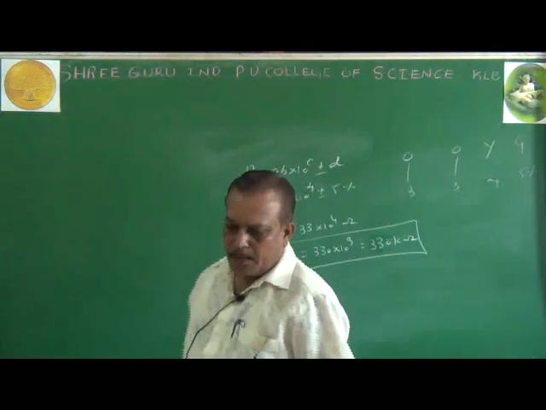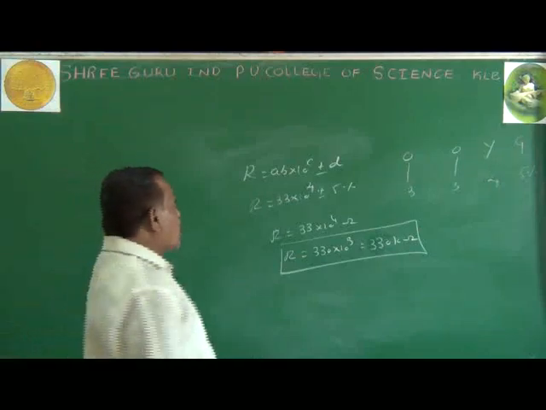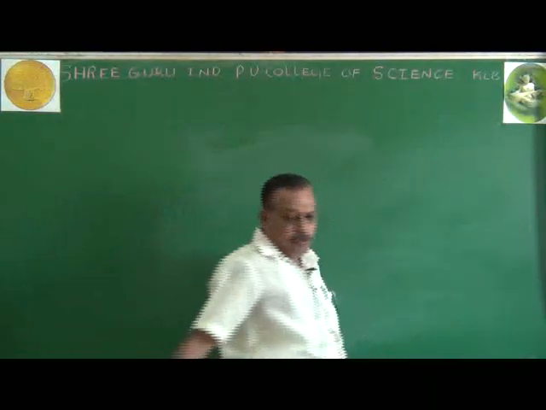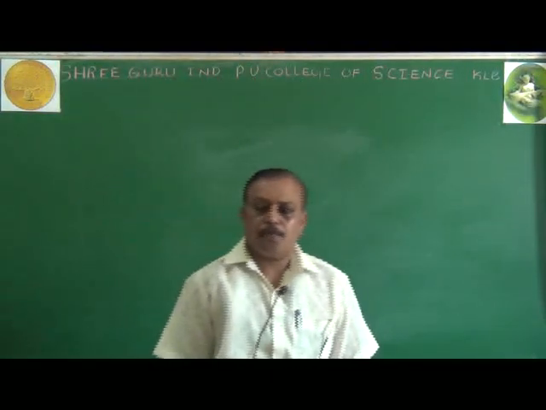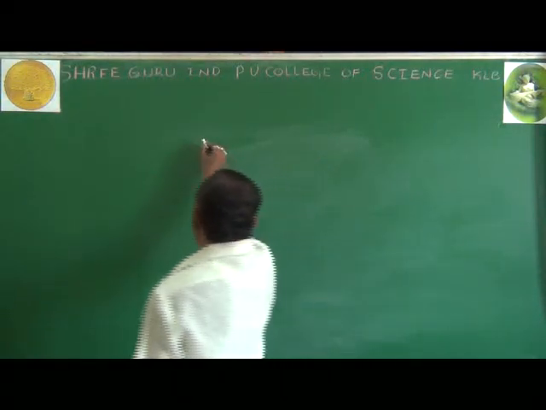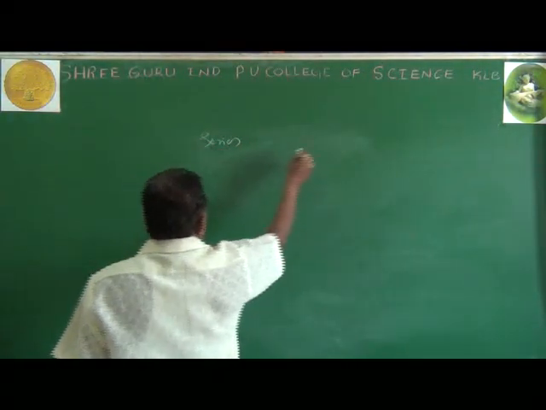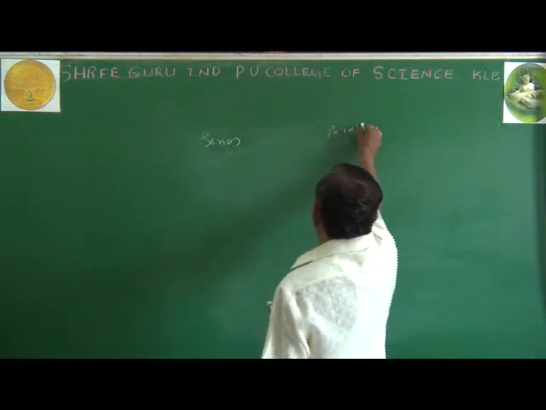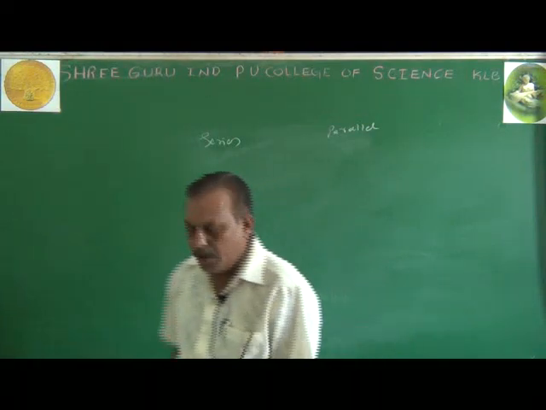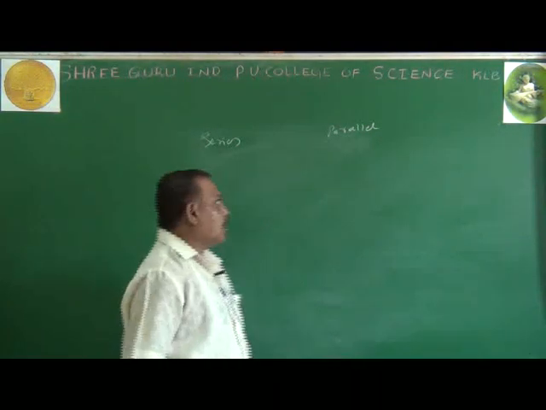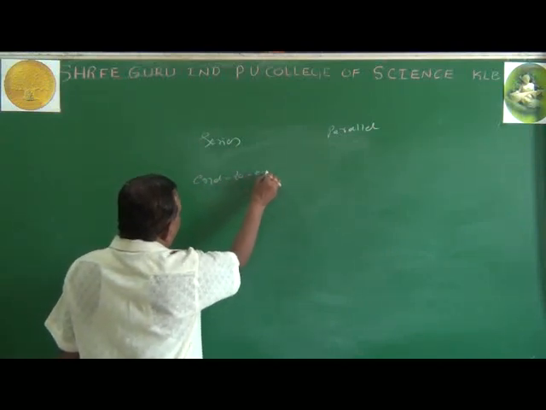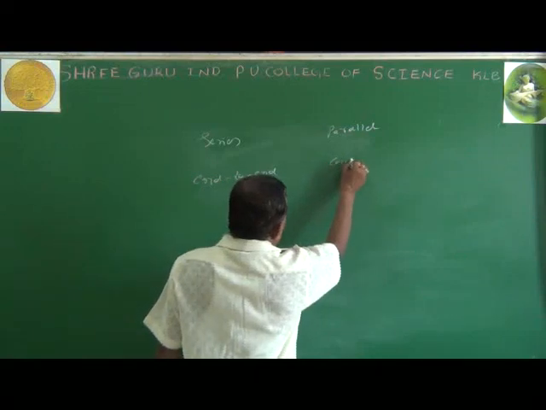Then after this, we come across the combination of the resistance. In the combination of the resistance, we have two important combinations. One is the series combination, another one is the parallel combination. In a series combination, I compare it with parallel combination because I don't want to waste time here. The resistors are connected end to end. Now this is the end to end connection. Now this is common end connection.